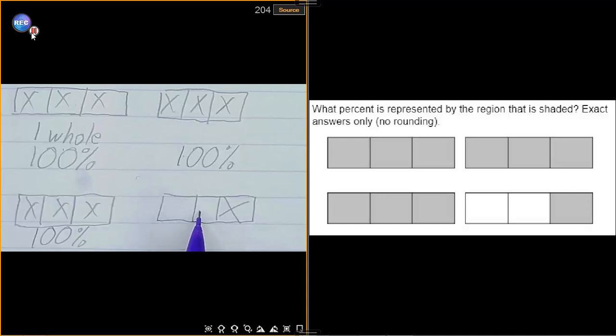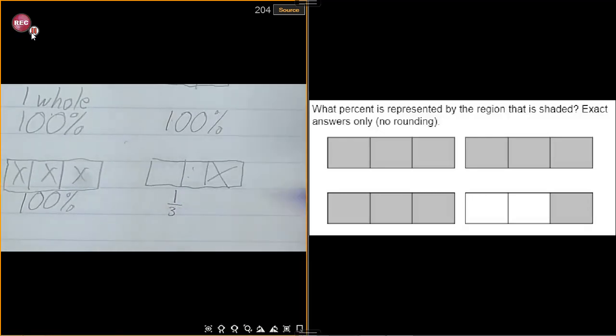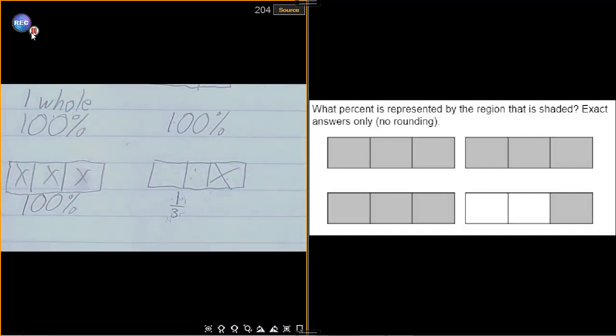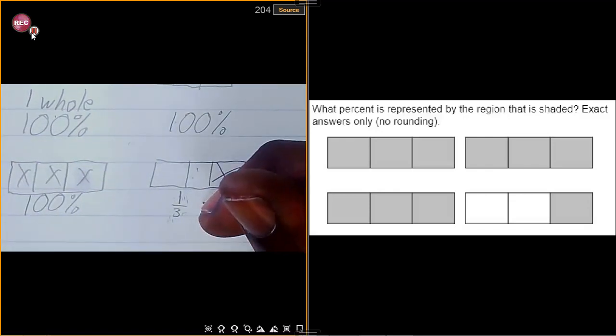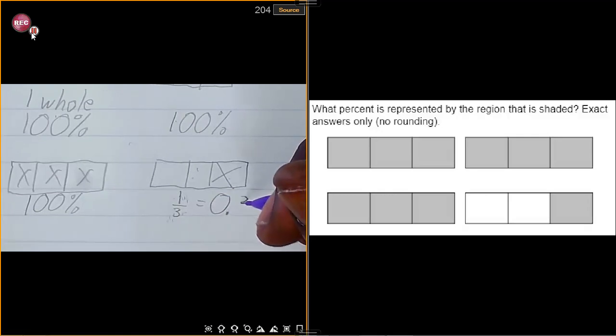Now, for this part of the model, remember we're looking at this as an entire model, not individually. We have 1/3 of the model that is shaded. Now this 1/3, it's a very, very special fraction. If we convert that, that would equal 0.33